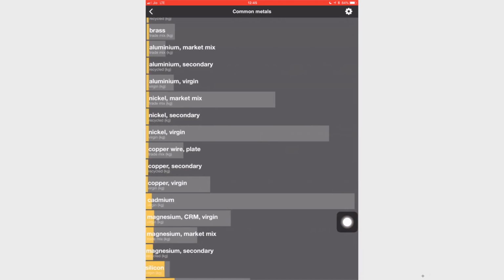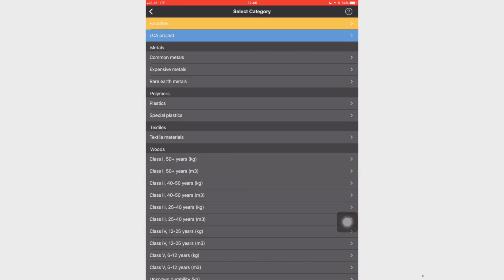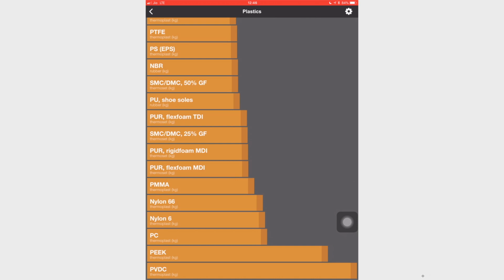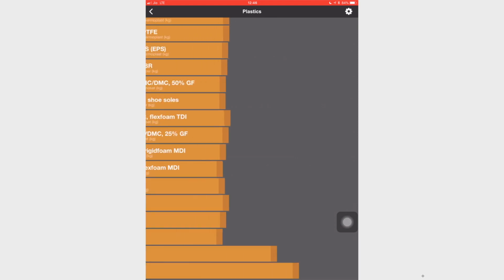So, let us go to plastics. If you see the last one has this kind of pattern, then it implies that it is on a logarithm, but it is only for visual purposes. It is not done on the final value. So, the final value will remain the same.